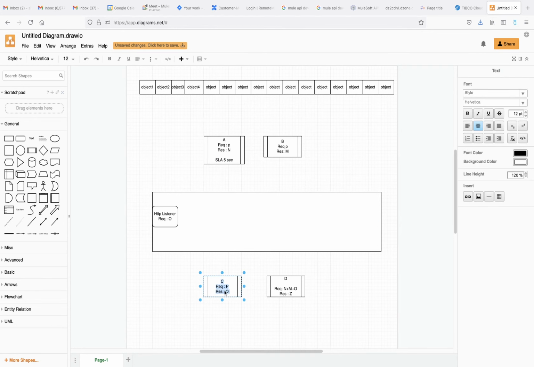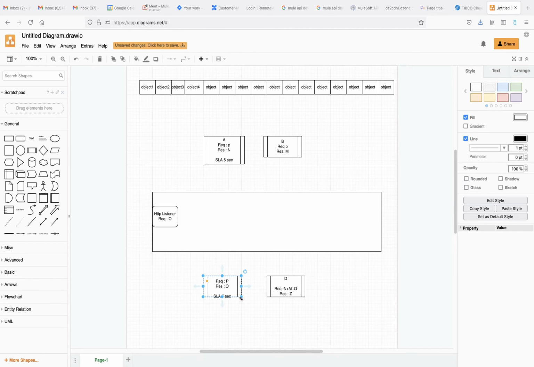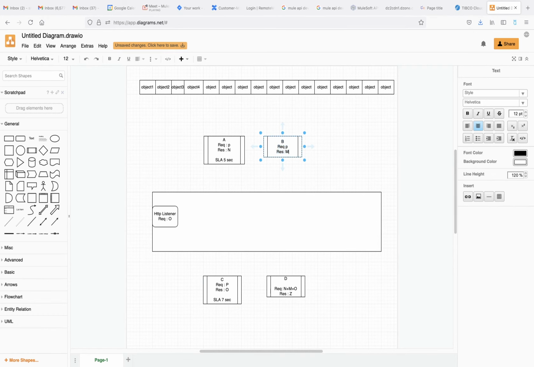For this API, it will respond in 7 seconds. For this API, the SLA is 3 seconds.